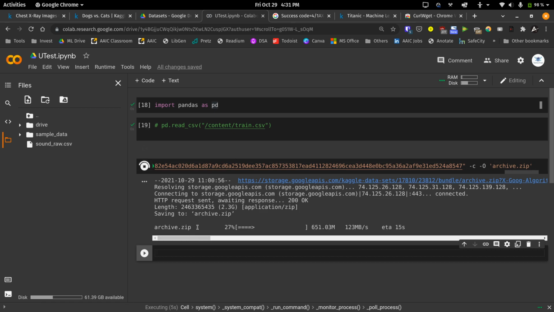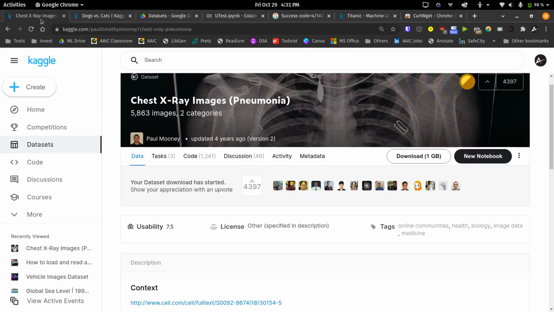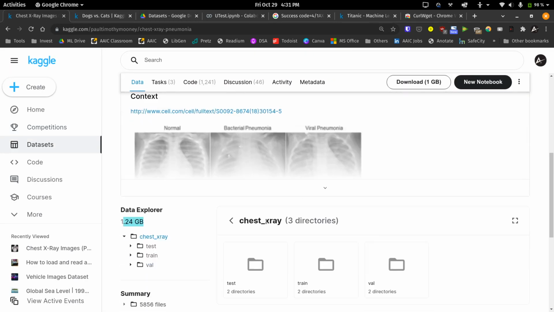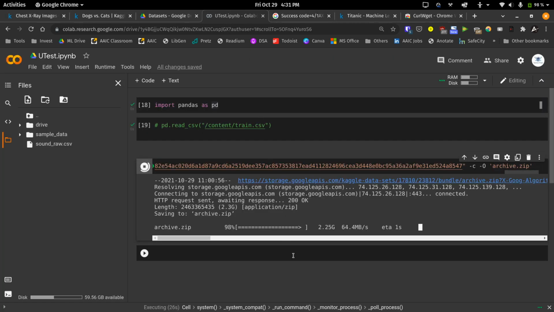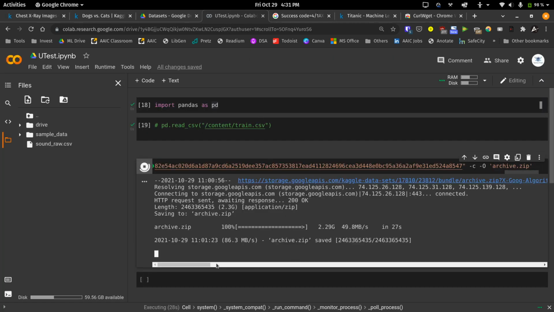Remember, this does not use your internet connection, it uses Colab's internal internet, so the downloading speed is way faster. If you see, we had around 1.5 GB, and it's downloaded everything. We have archive.zip, and we can find the archive.zip file here.